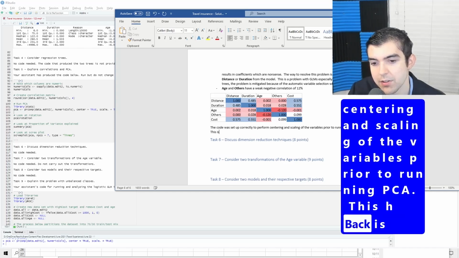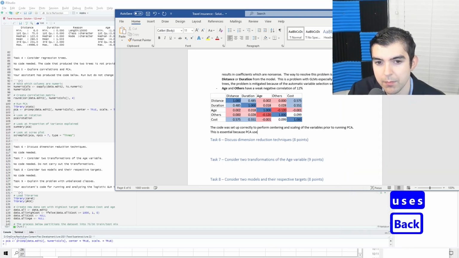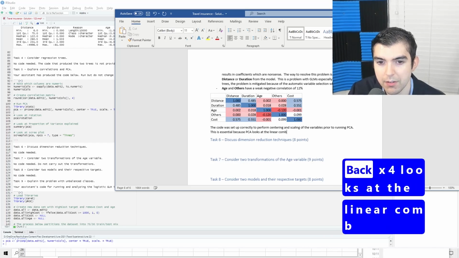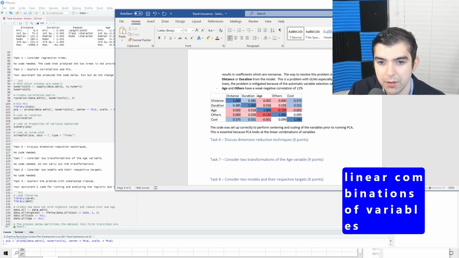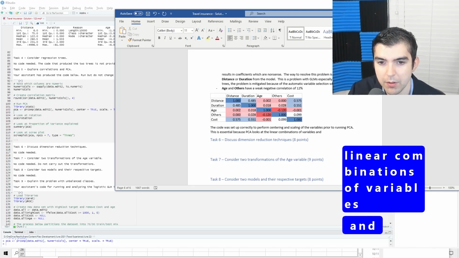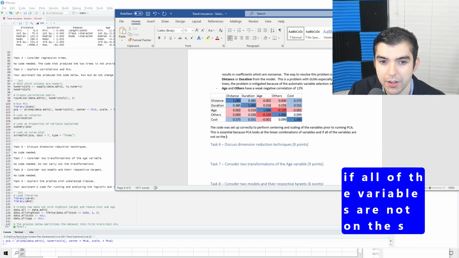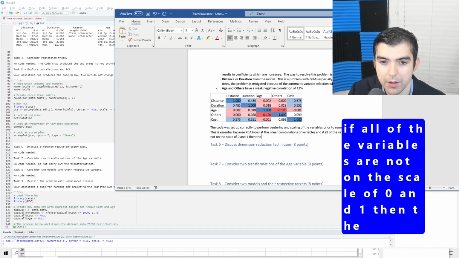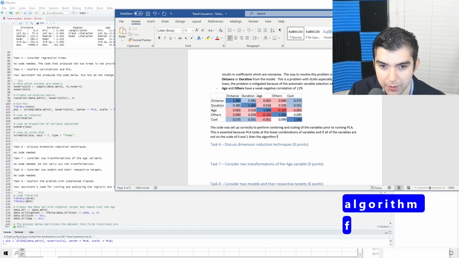This is essential because PCA looks at the linear combinations of variables, and if all of the variables are not on the same scale, then the algorithm fails.